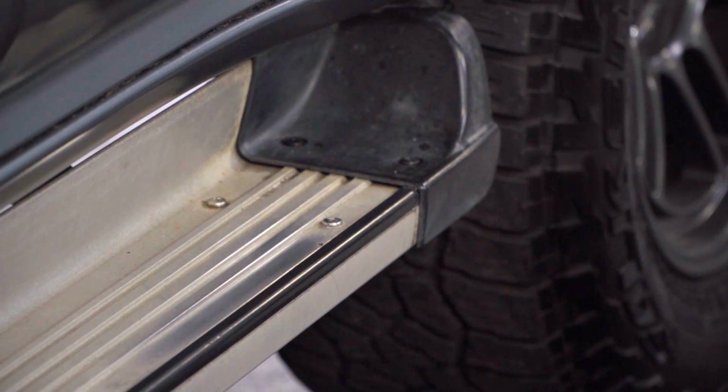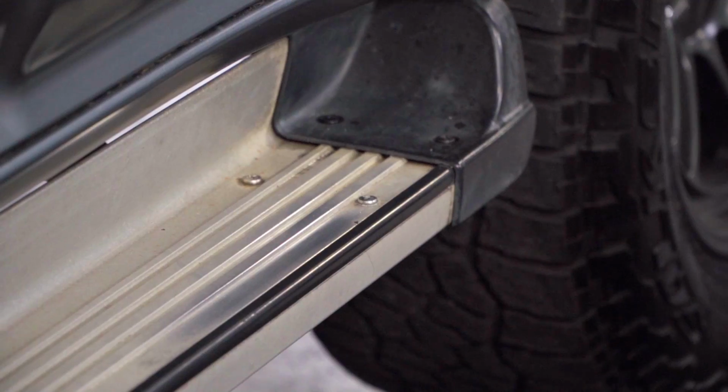Alright guys, so just a quick little backstory on this vehicle. Our guys here at the shop did wash it, they cleaned the wheels and everything looks great. But these side kick plates right here, they're metal and they look very tarnished. We did a little test spot right here just to see if they would clean up, and they ended up cleaning up very nicely. So we decided to go ahead and do a video for you guys out there who may have this issue on your side plates or any kind of metal surfaces around your vehicle, to just restore it and bring it